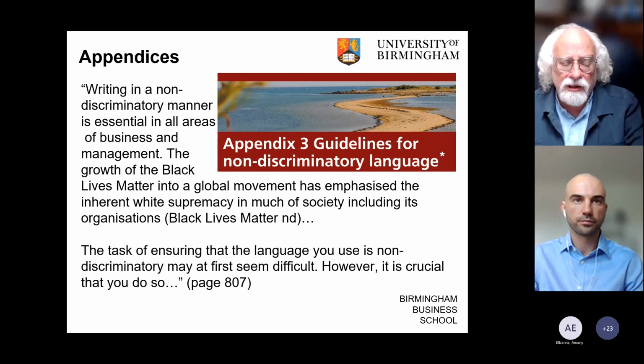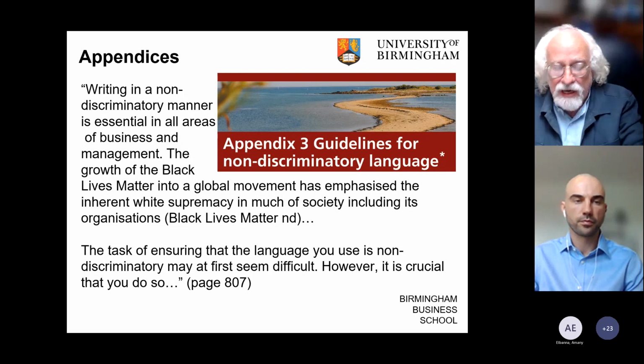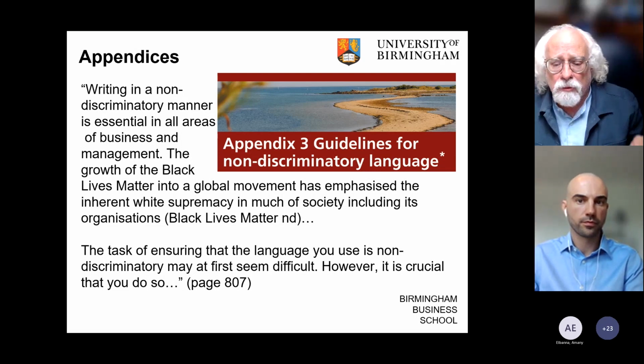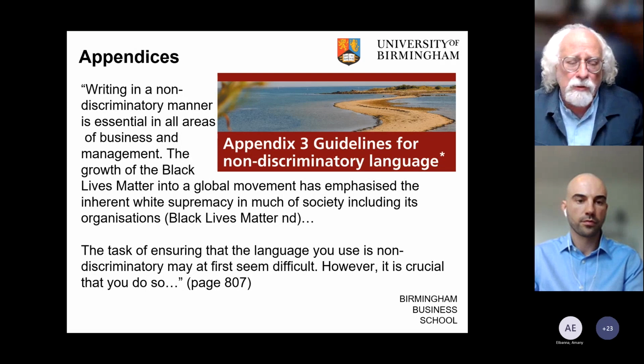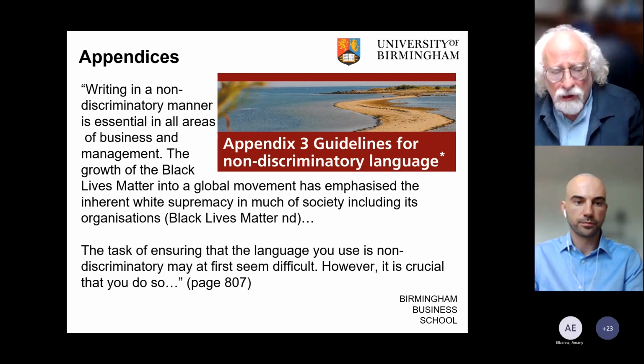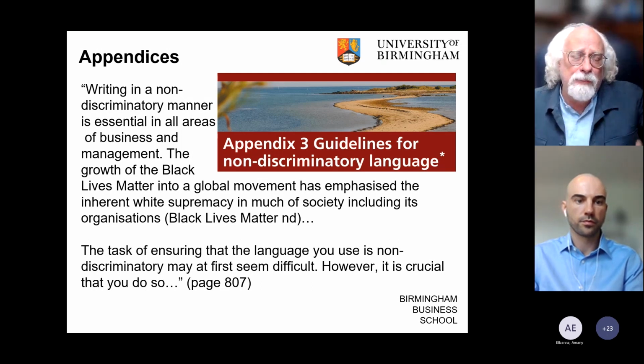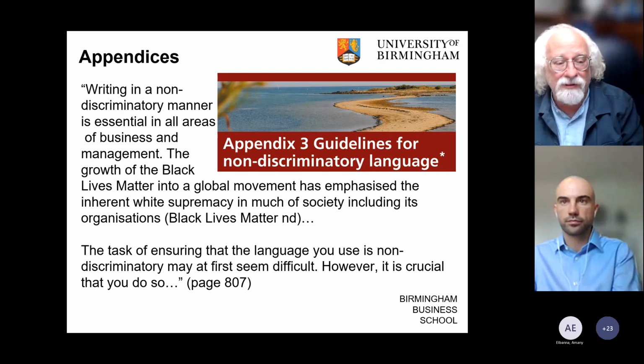But crucially, we're trying to get over to students, in addition to this, that it has a real negative impact on the work they do in terms of whether it's going to be read and acted upon. If we're doing great research and doing it well, we want this work to actually have impact and change. We're trying to get that idea across with our students that as they go out and work in organisations, as citizens of society, we want them to be thoughtful and to recognise the impact they can have through their use of language. So if we can jump over to the next slide.